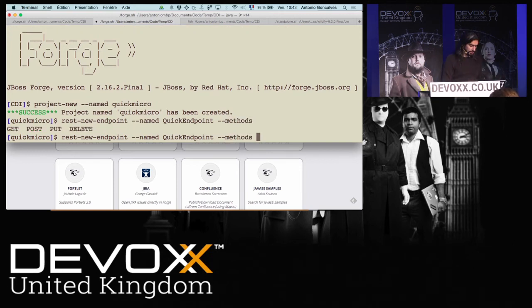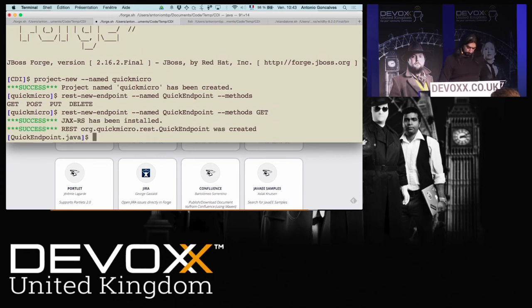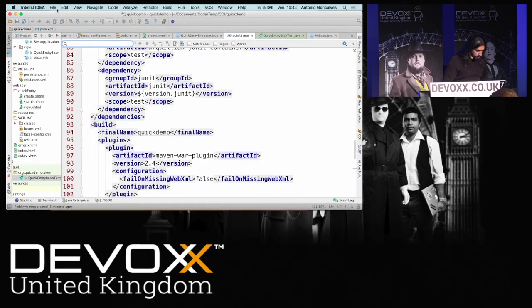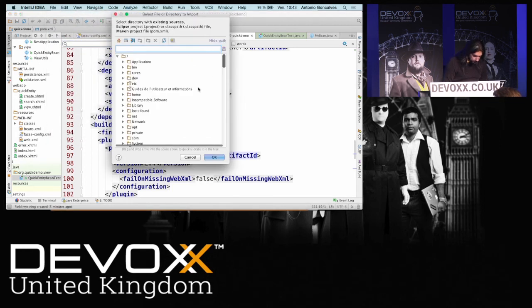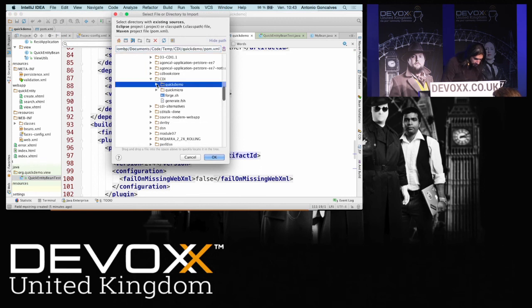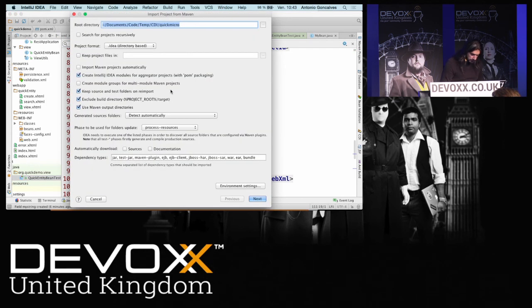So because I'm lazy, I'm going to tell him, can you do a get command quickly? Here he goes. So now if I go to IntelliJ and open this new project. So it's not the quick demo, it's the quick micro.